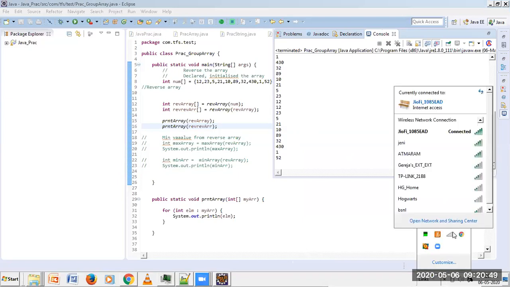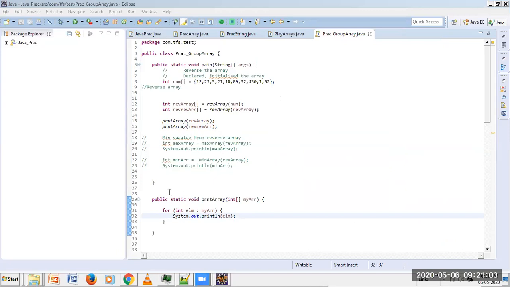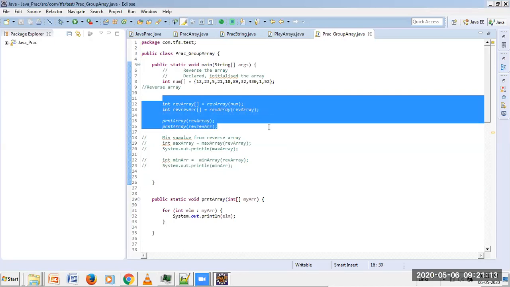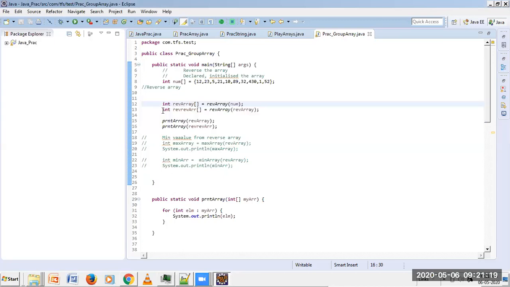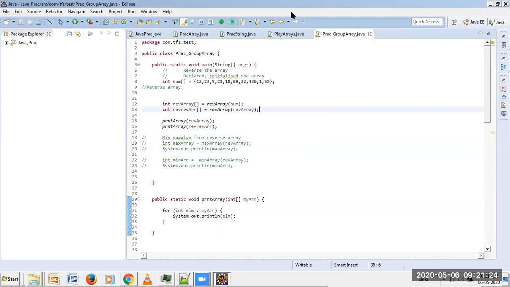Yeah, I'll explain. One second, I'll explain the code. Give me a second. Just have a look at this method, reverse of the array. Just pay attention to this line number 11, 12, 13, 15, 16, and this method. Just for a minute, pay attention over here and read what is there in this method.